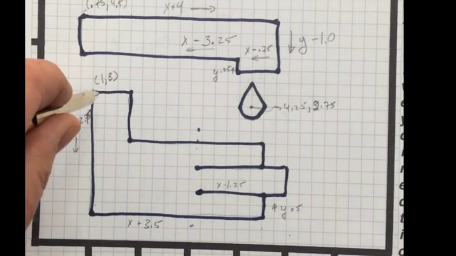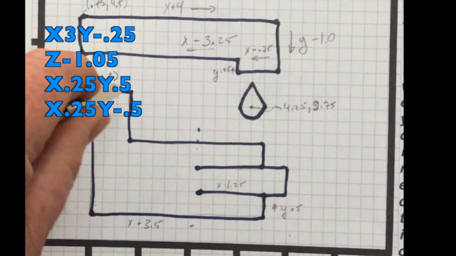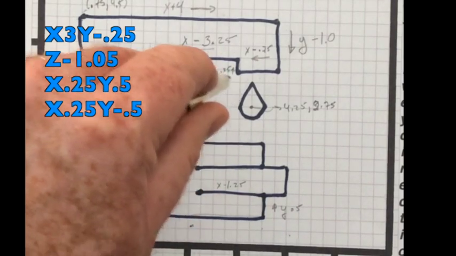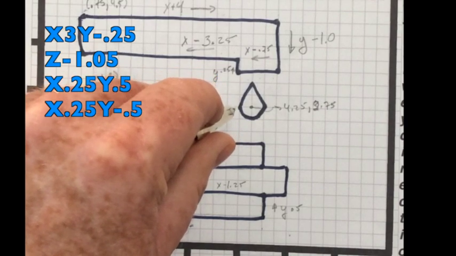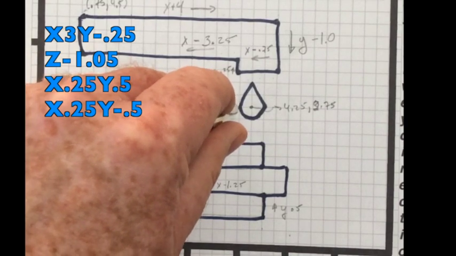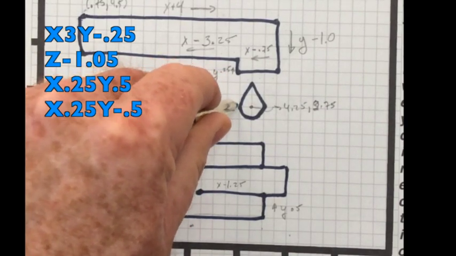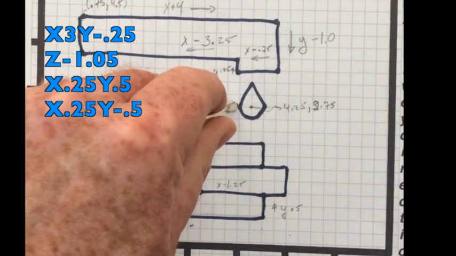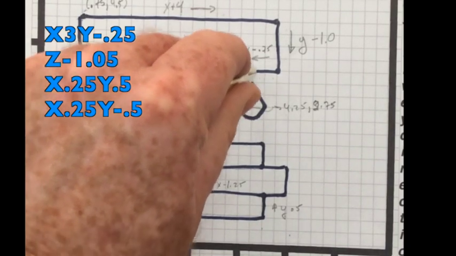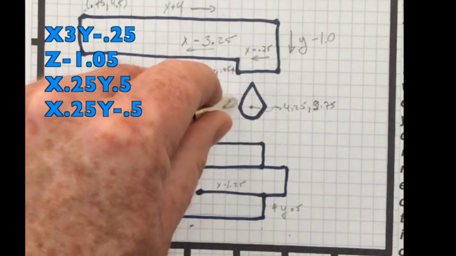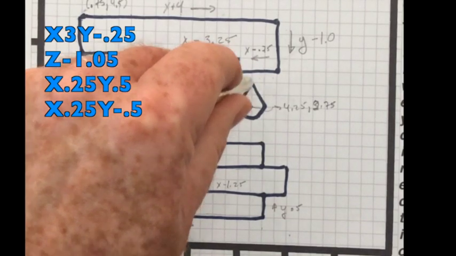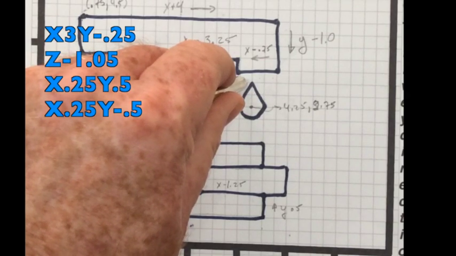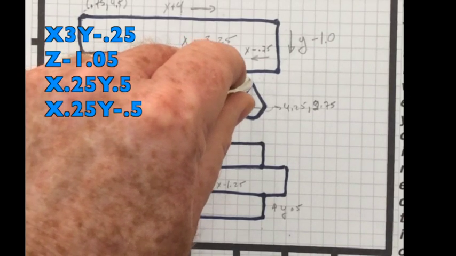And then we're going to go x3, y minus 0.25. Bring the tool down to cut again, and that's a z minus 1.05. And then we're going to cut the upside down v, so x 0.25, y 0.5, x 0.25,